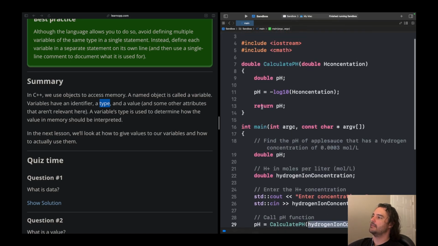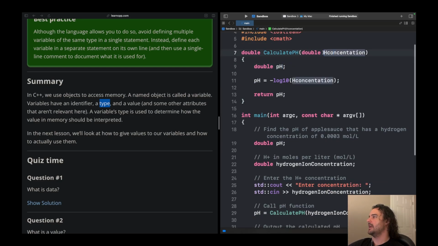So we have this function I wrote here. It's called calculate pH. It takes in an argument of H concentration. Again, here we have another object in this function scope, which we'll talk about scope later in detail. But just know that this is another object different from this one because it's in a different function. And then here, don't worry about the math here, but we just calculate the pH, and then we return the pH from this function as a double, type double,